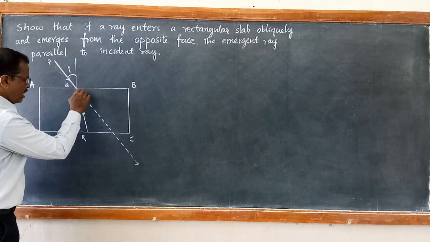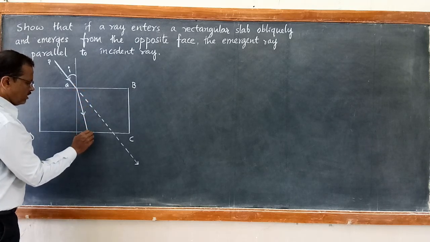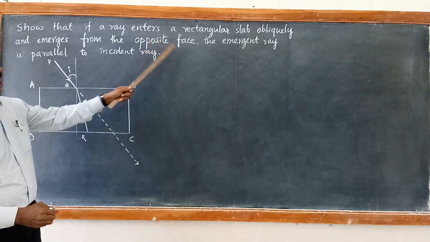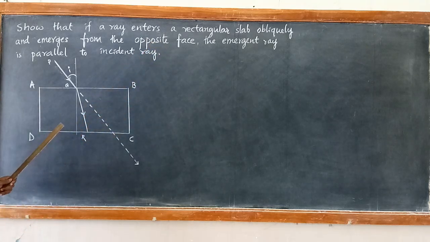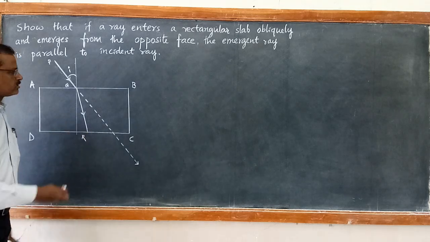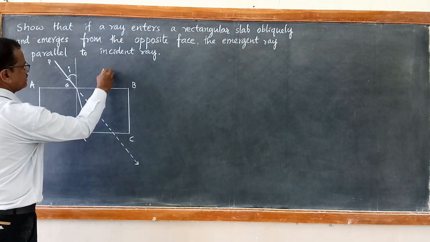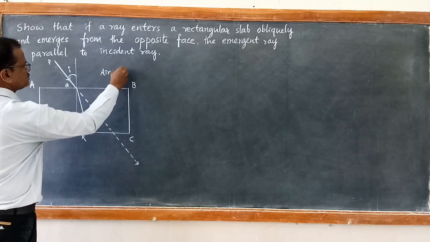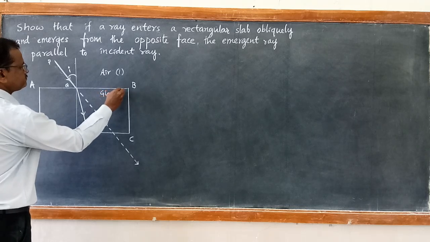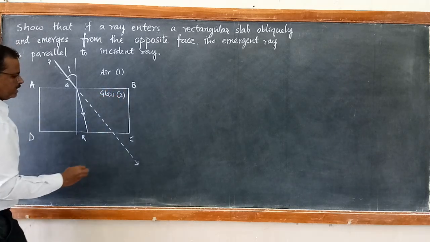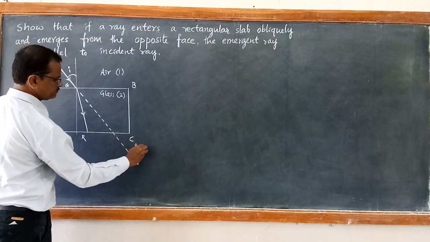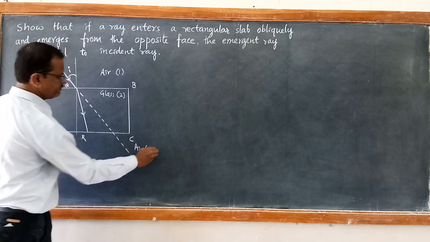Then you see, when it enters through the glass slab, now it is again coming to the other face. This is the opposite face. So CD is the opposite face. So when it comes to CD, what happens? Again it refracts, because this you can call air medium, medium number 1. This is glass medium, medium number 2. Again it is entering into air medium, that is medium number 1.